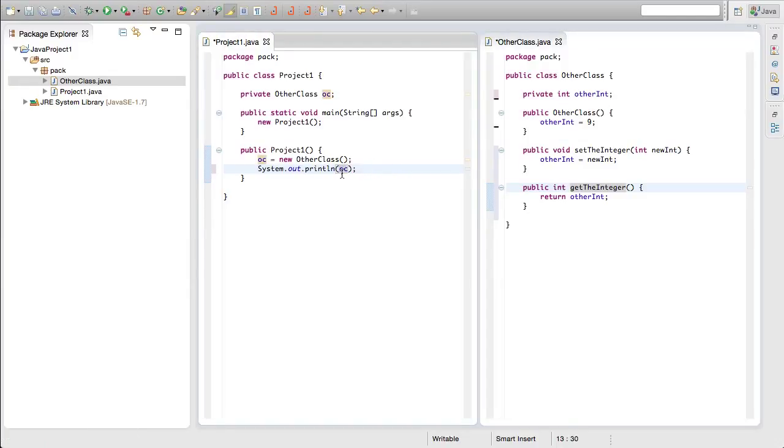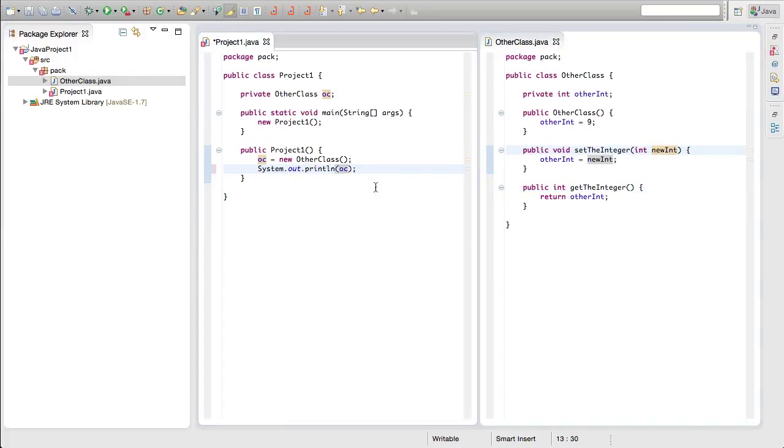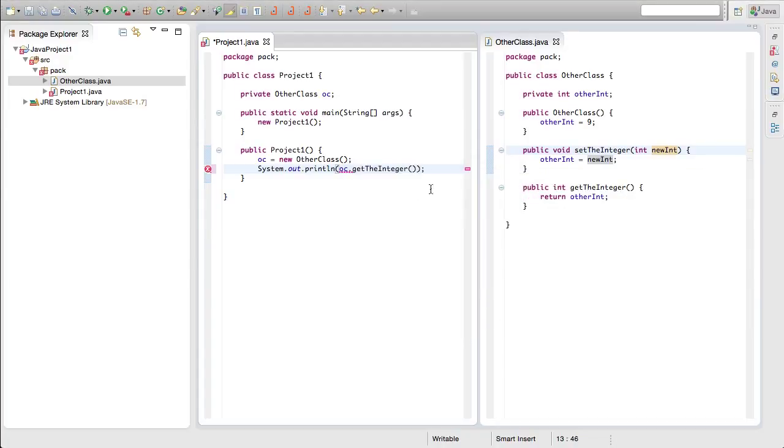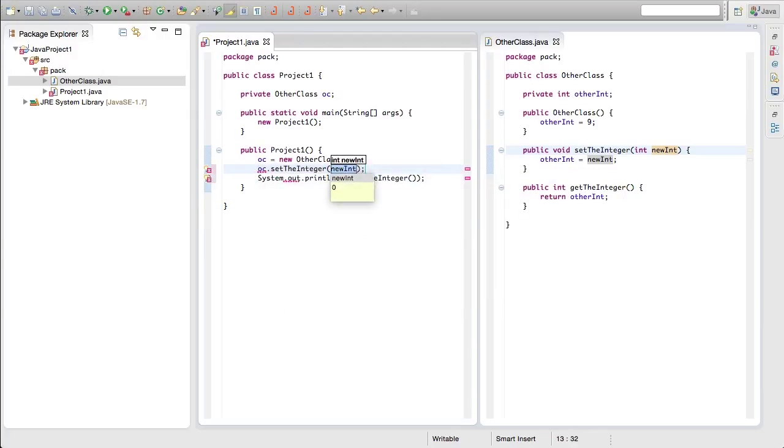And we're going to say OC. Actually, let's save this over here. So we're going to do OC, and then dot, and then we want to get the integer, just like that. We can also do OC dot set the integer, and we can set that to, let's just say, 15. And so now we can use those methods in that class that we just wrote to, in this case, set